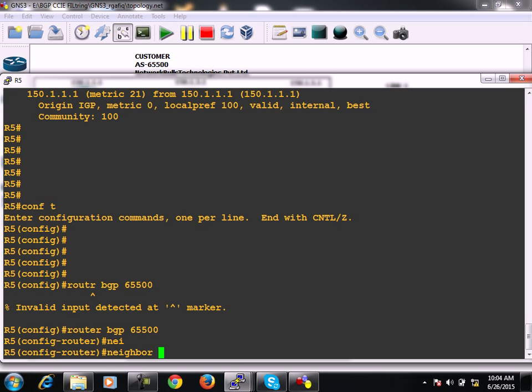So in this way we can propagate community information along with BGP updates. By default, that's why this attribute is considered